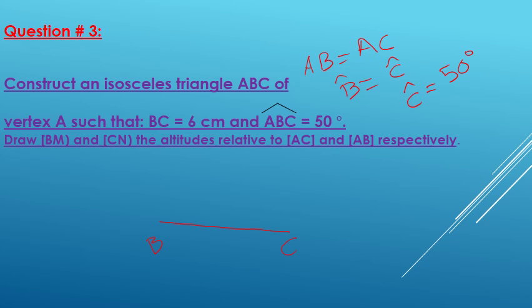Now, what do we use? We put the protractor on the vertex B and we assign an angle which is what? 50 degrees. We also put it on the vertex C, which is also 50 degrees, and we join with the vertices. We join the first one with the vertex B, we join the second one with the vertex C,